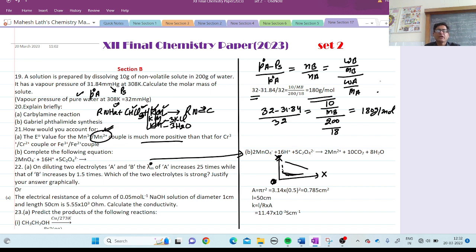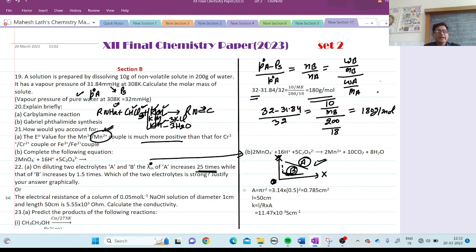So due to both these factors, the molar conductance of weak electrolytes increases drastically as compared to strong electrolytes, because while we are diluting strong electrolytes, only movement of ions is affected. So B is the weak electrolyte, A is the strong electrolyte, because B is affected 25 times as compared to A. So A is the strong electrolyte as asked in the question.